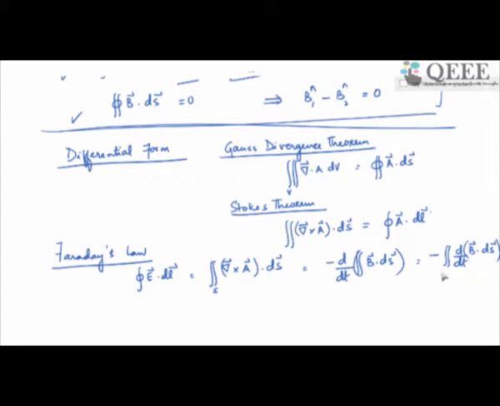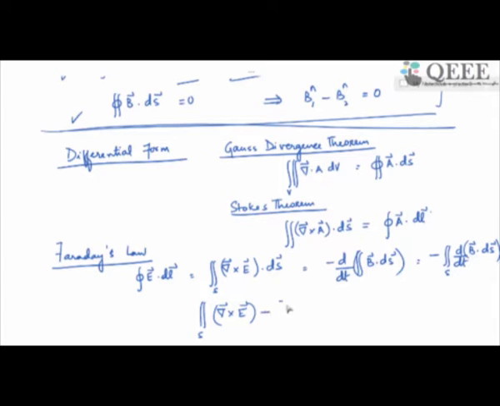Now if I do the integration on the same surface for the left hand side and the right hand side, it means that I can bring this under the same integral and say that curl of A, sorry, it is not curl of A, it should be curl of E because my vector is E. So this is curl of E dot ds,